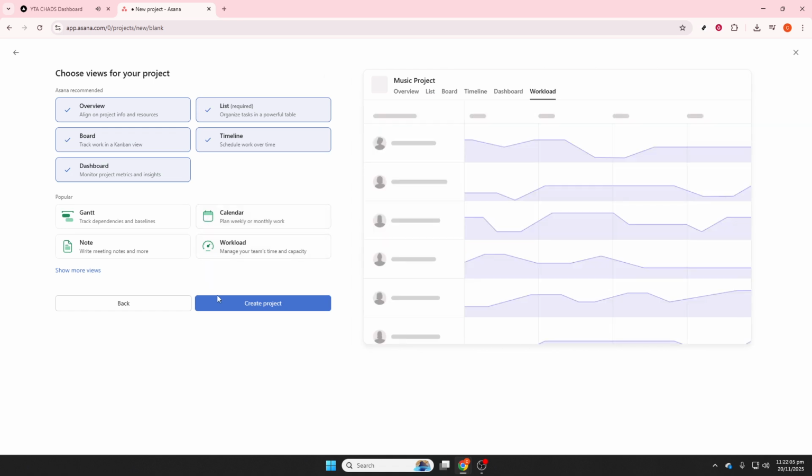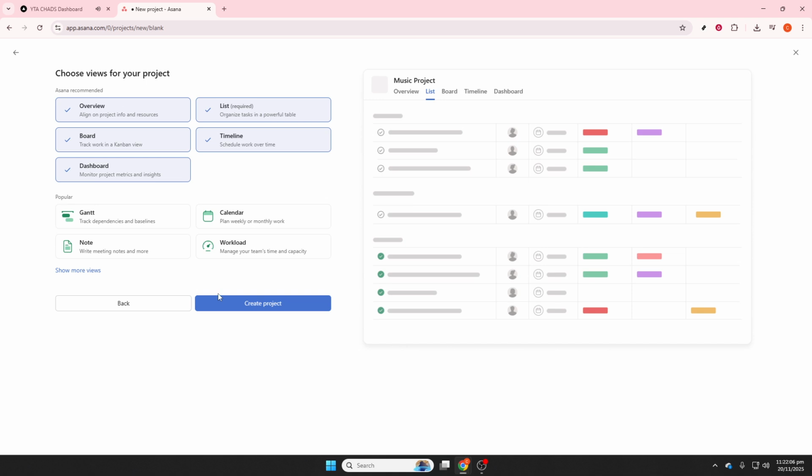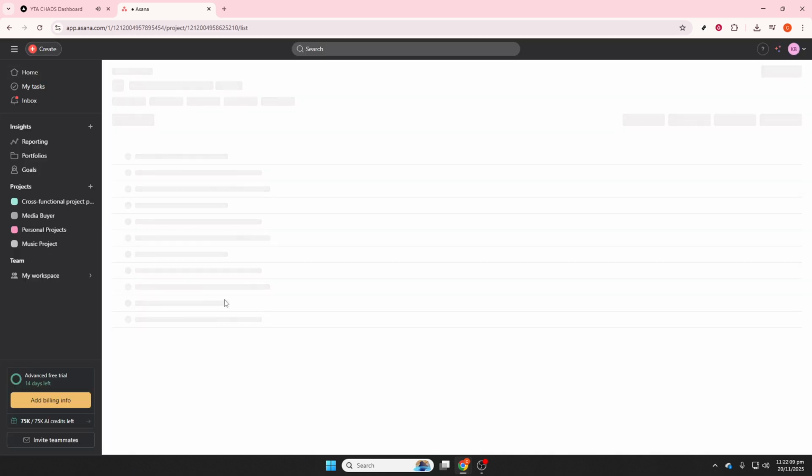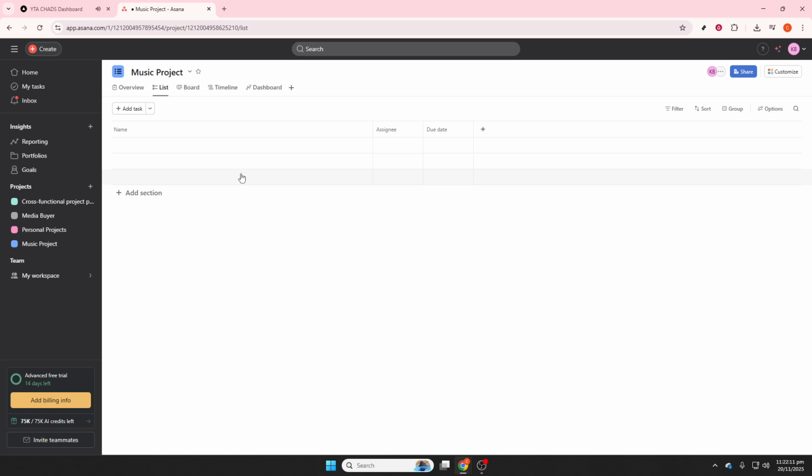Now set up your workflow stages. If you're using a board, create columns that mirror the life cycle of a song. Start with songwriting for things like lyrics drafts, melody ideas, and demo recordings. Move to production for beat making, arrangement, and editing. Then add mixing for version 1, revisions, and the final mix, followed by mastering for your first master and a